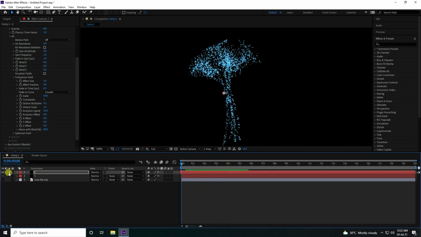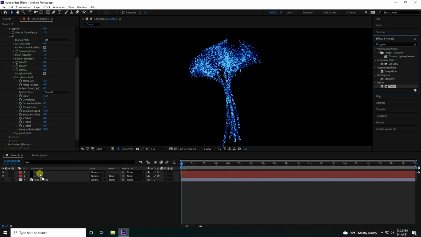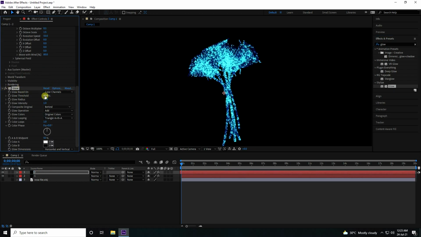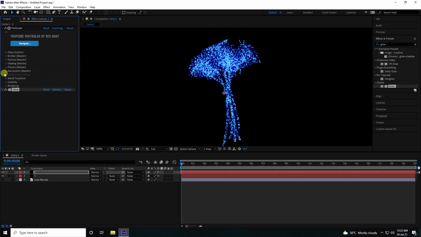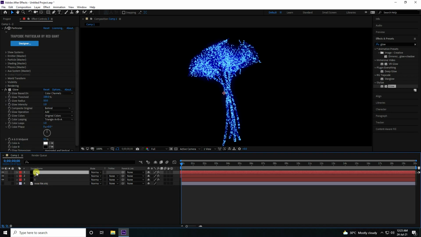Okay, so now guys, I apply the Glow effect this time. Select this glow, apply on the second layer. Yes, beautiful. Guys, threshold like 100, radius 50. Yeah, right? Okay, so guys, all is good. Now I apply this time the third layer. So select this layer 2 and duplicate, Control D, and rename it 3. That's my layer 3, right?